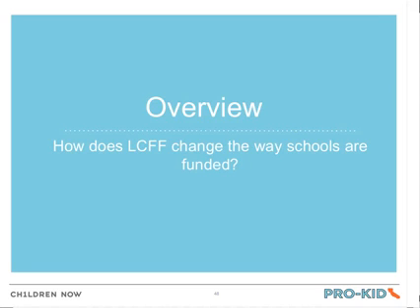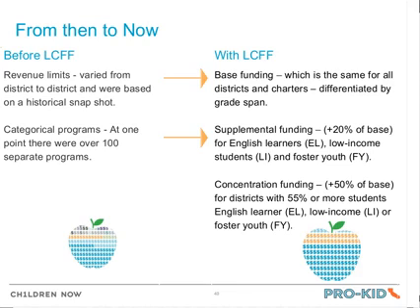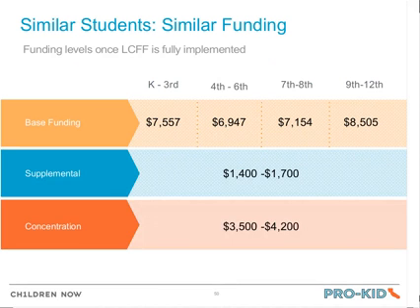as you'll see on the left side, the old system was comprised of revenue limits, or discretionary funding, and then categorical programs, which are often well-intentioned and needed, but are often compliance-oriented and don't always meet local priorities. So the new system was intended to more directly provide funding based on student needs. There's a base level of funding. The base funding is more like the old